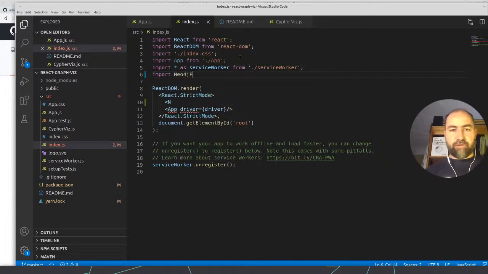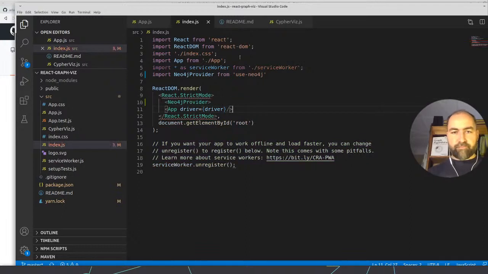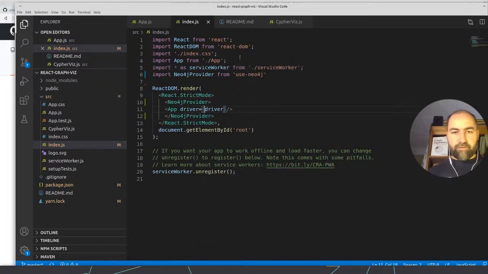Import Neo4j provider from use Neo4j. And then we just have a Neo4j provider as a higher order component. Then we don't need to pass the driver to our app, we just use our app. So that's step number one.